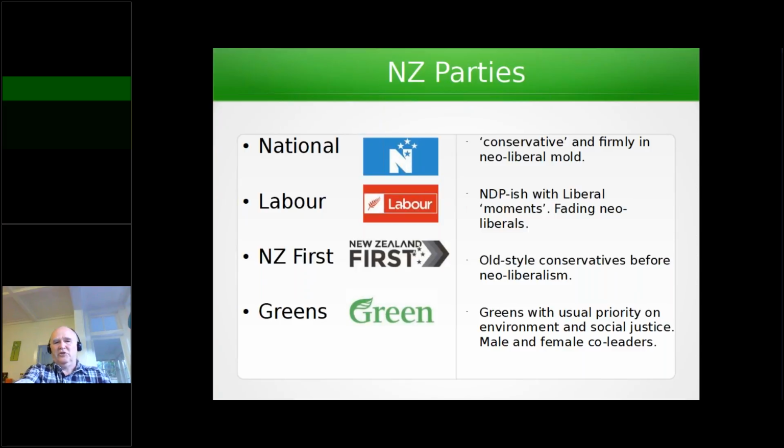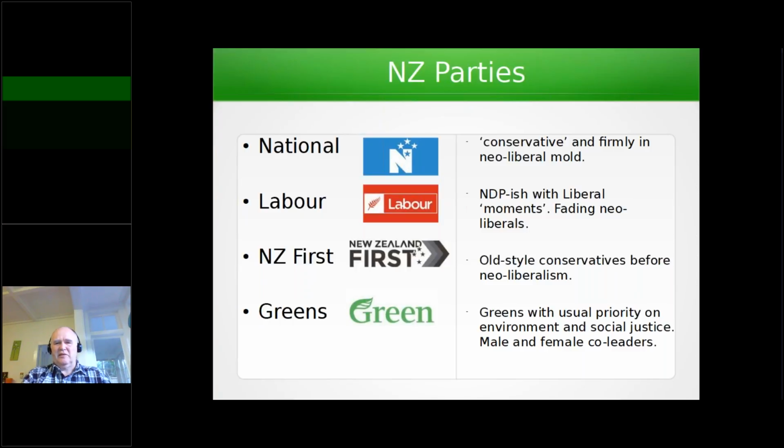So we've got the National Party, which is basically the Conservative Party, much like the Progressive Conservatives in Ontario. Small towns, rural base, and they're firmly in the neoliberal mold. Market forces, government doesn't like to do stuff, so they'll favor private trucking over public rail and that sort of thing. The Labour Party would be more like the NDP, strong roots in the unions,